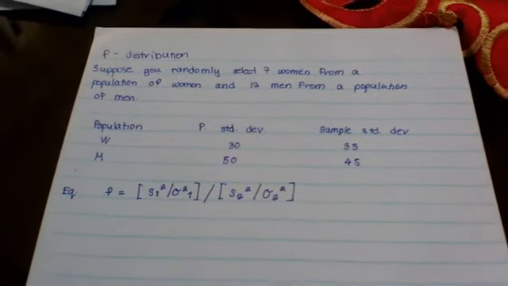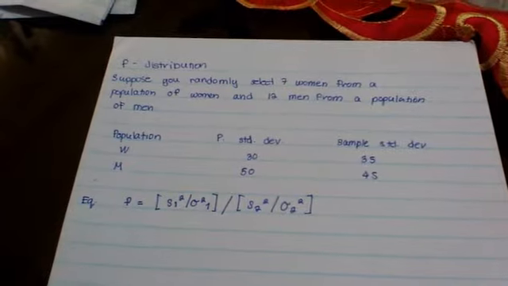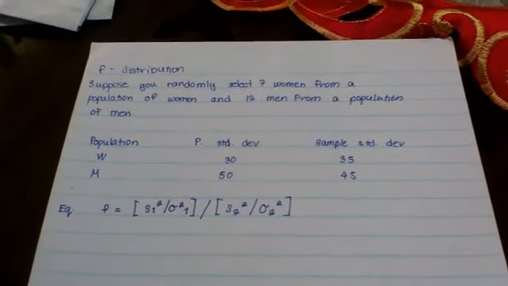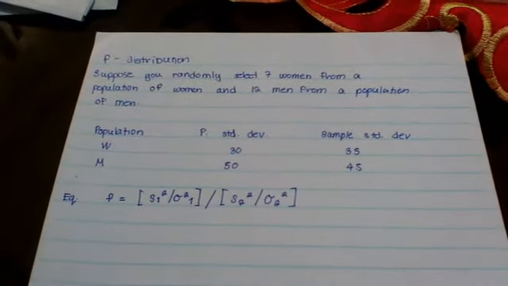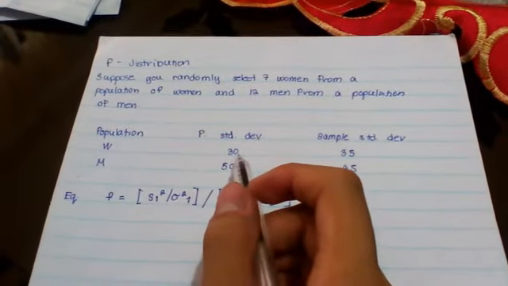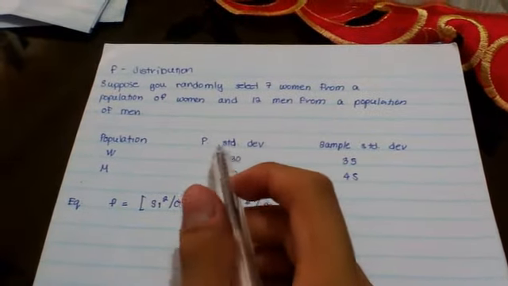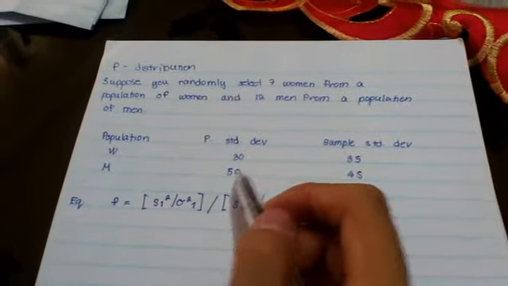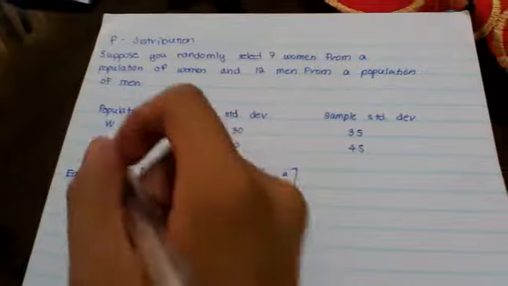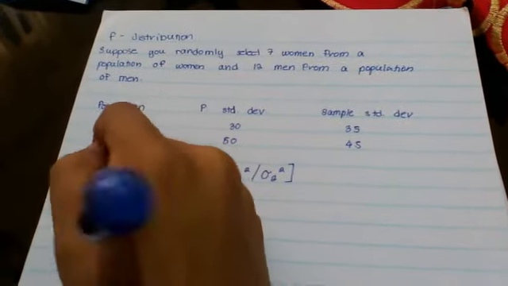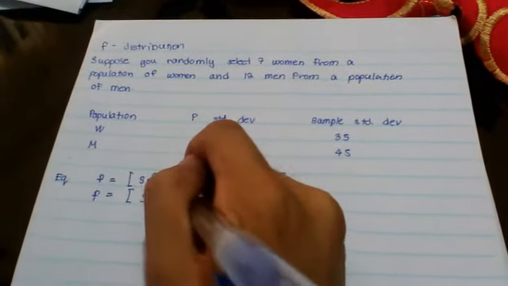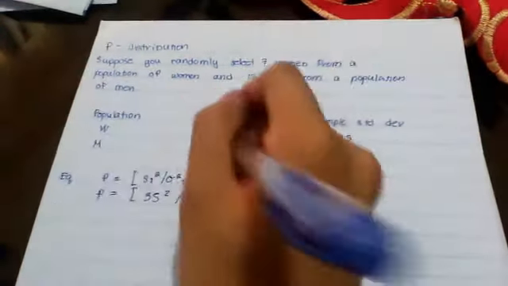So we have a problem here, F distribution. Suppose you randomly select 7 women from a population of women and 12 men from a population of men. As you can see in the table that is given from the problem, women has 30 of population standard deviation, and men has 50, while the sample standard deviation is 35 over 45. Now we simply input in the equation that F is equal to 35 squared all over 30 squared, as you can see,